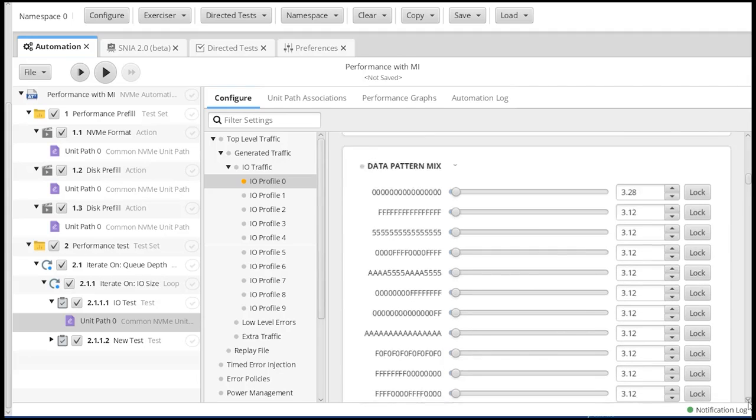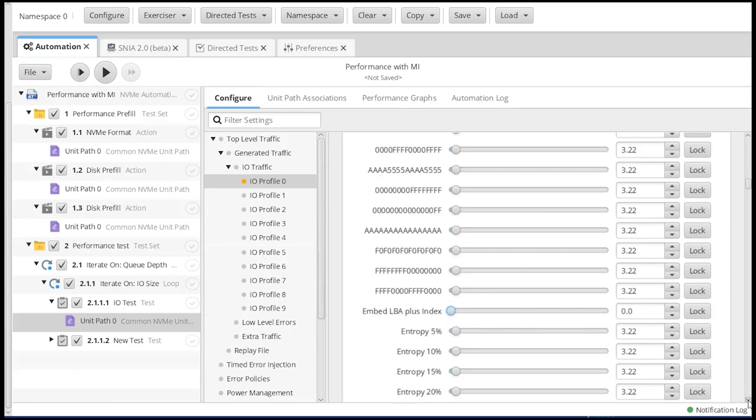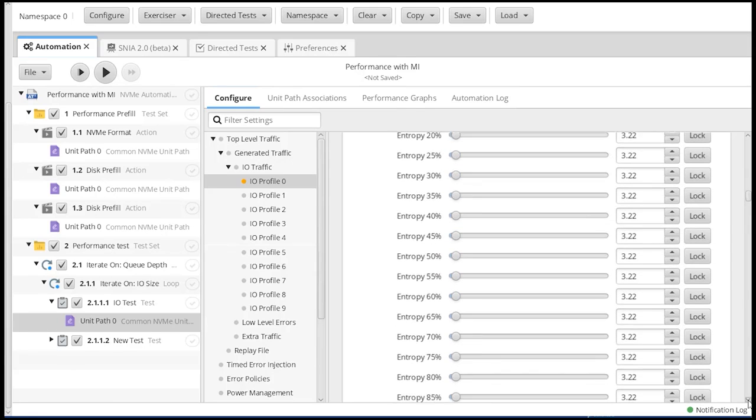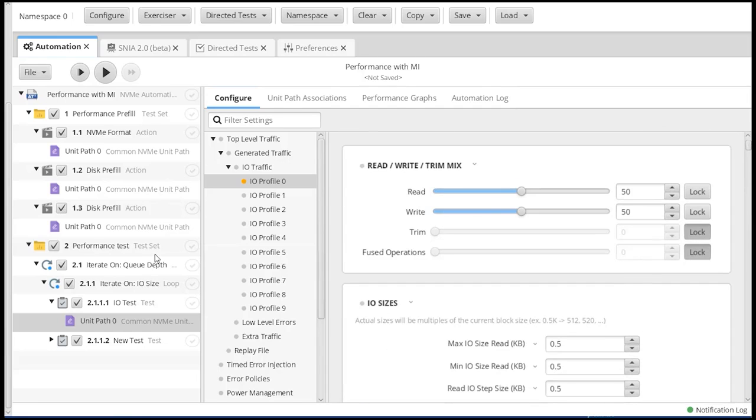And on data pattern mix, again, we do not want the embedded LBA plus index. This does add overhead to what's being done on the drive. So you want to take this off and not use this if you're doing any kind of performance testing. So that is pretty much everything that we're doing from that standpoint.